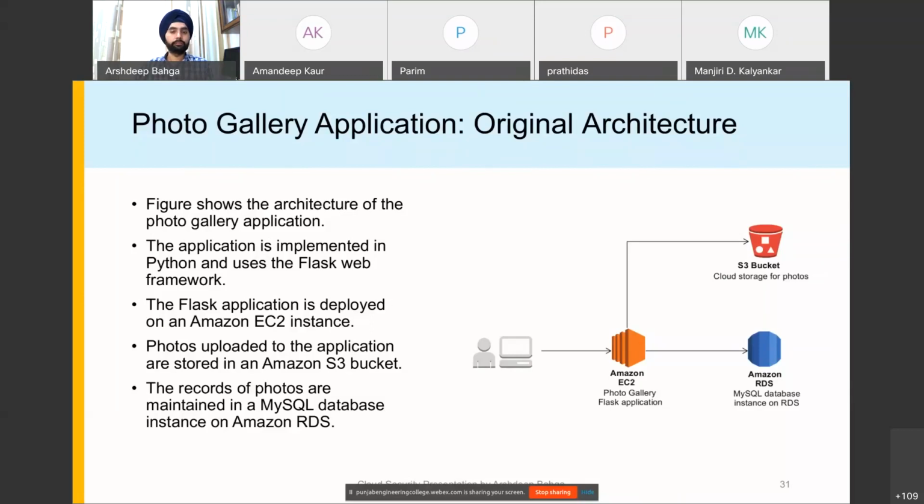real-world application. So let's say we have a multi-tier application deployed in a cloud environment. For example, a photo gallery application, in which users can log in and upload their photos and manage their photos online. So this is a typical multi-tier application,